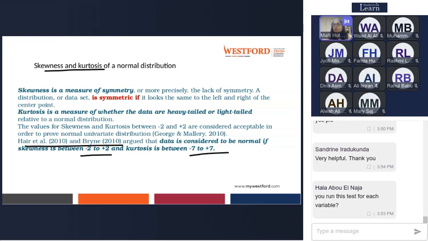So if you want to apply a t-test or ANOVA, then your data should be normally distributed. If it is not normally distributed, you can use an alternative test. So it is basically the first step in deciding which test you should apply.